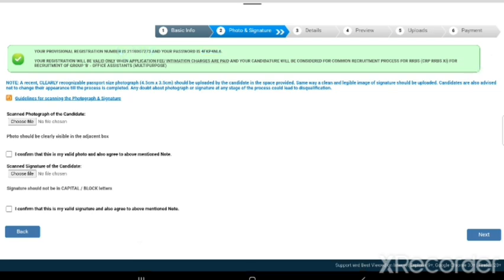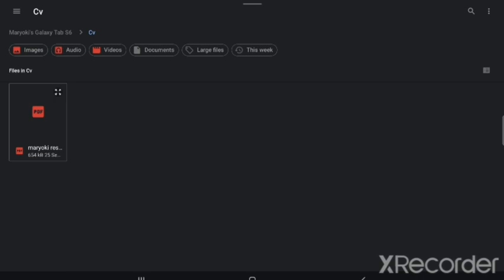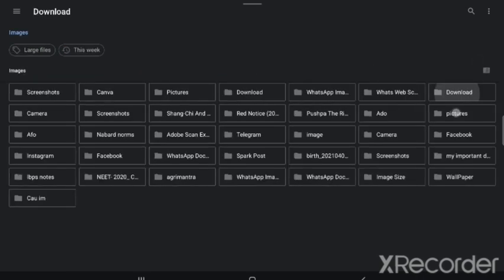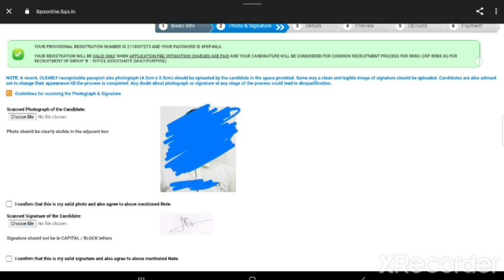Choose photo. After you upload your photo, you have to upload the signature also. After you choose a photo, your photo will come here. In my case also, the photo is already here, and now you have to choose your signature.